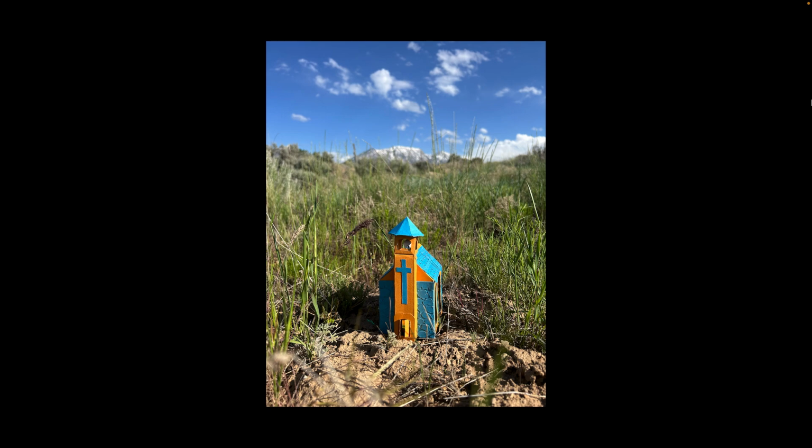It brings to mind the E. E. Cummings poem, "I Am a Little Church (No Great Cathedral)," in particular the last 2 stanzas, which say,